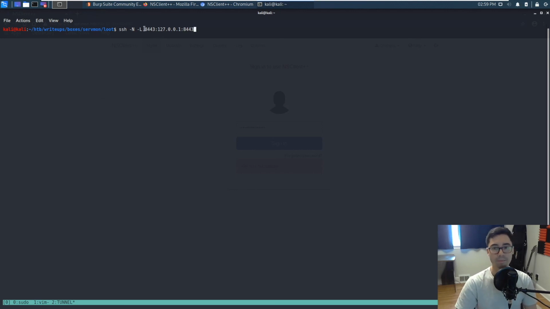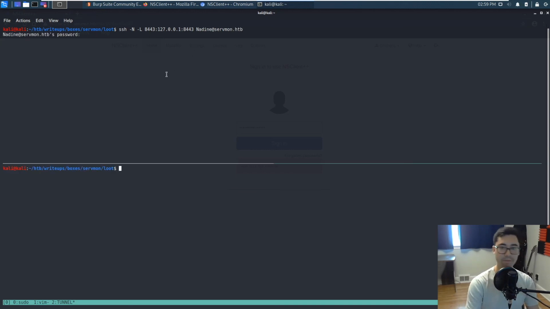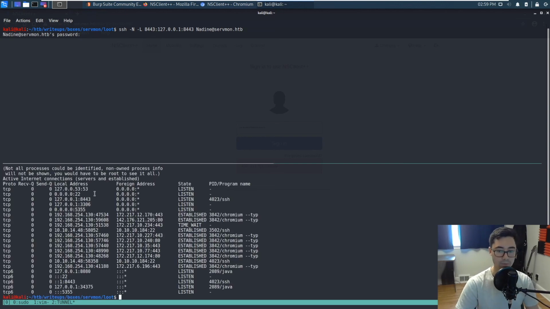So basically what this means is if we connect to port 8443 on our local machine, that is the equivalent of accessing port 443 from localhost from the web application's point of view. So username is Nadine at servmon.htb. Let's give the password, and we should have our tunnel up. We can verify this by running netstat -antp, and we'll notice we are now listening. We now have a port on localhost, which is